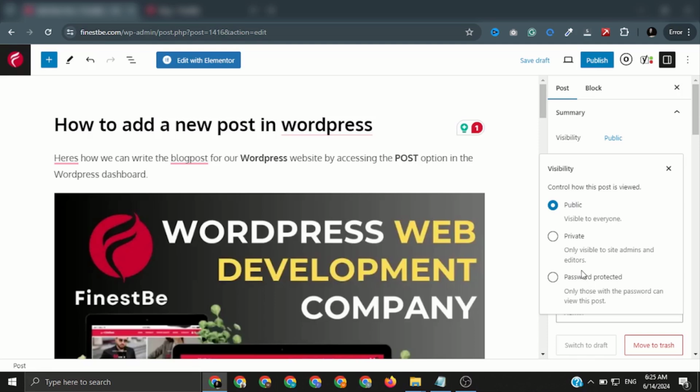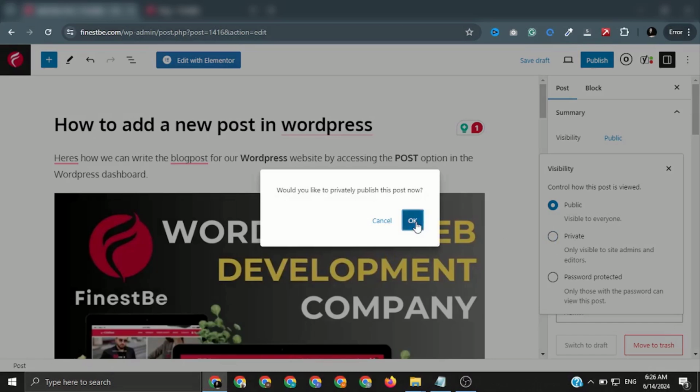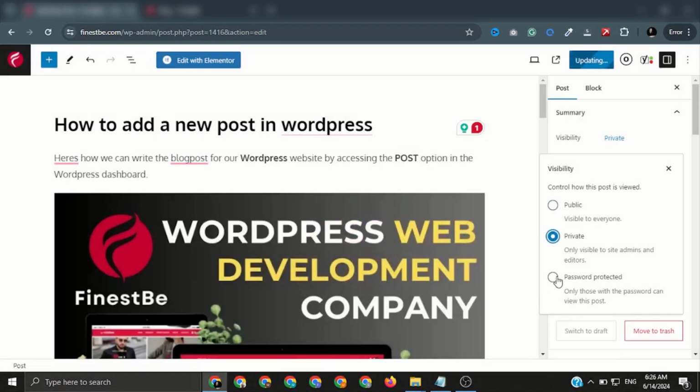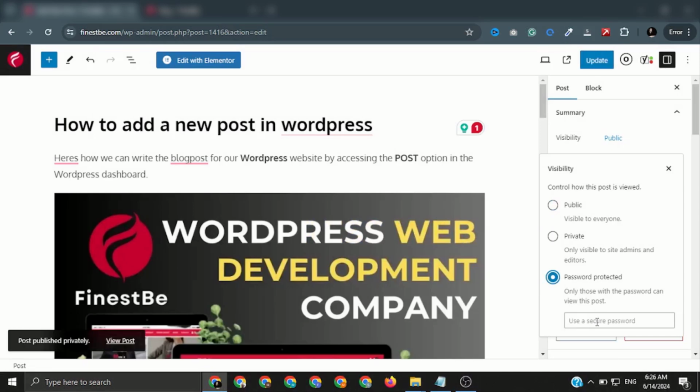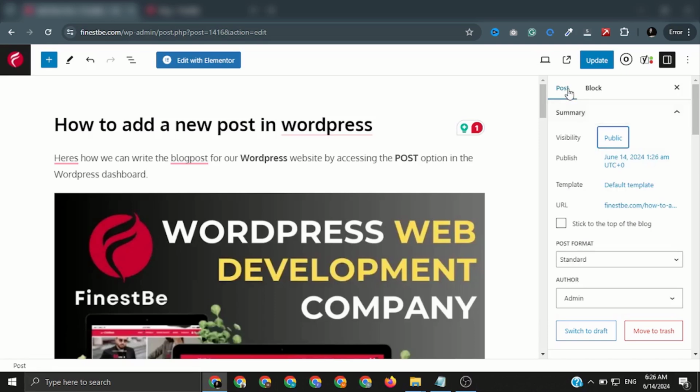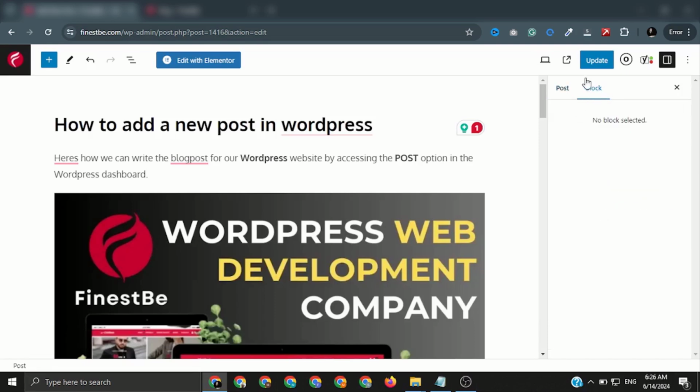If you want to make your WordPress post private, you can do it by clicking on the private option, or make it password protected by clicking on password protected. A field will appear right underneath this option where you can enter a password. But I'm just going with the public one. Okay, that's all.